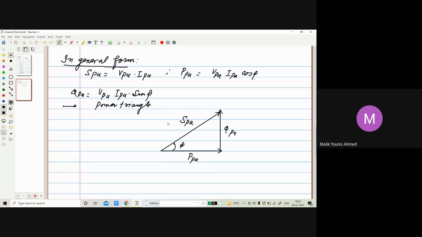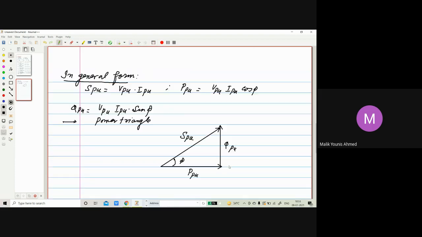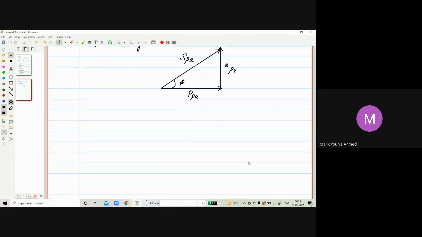This is from the first semester. I have told you whatever relationships exist in the real system, the same relationships are going to exist in the per unit system also. There will be no change except that we have derived for the three-phase system that under root 3 and 3 will not come into existence in this case. The numerical values of under root 3 and 3 will be absent.